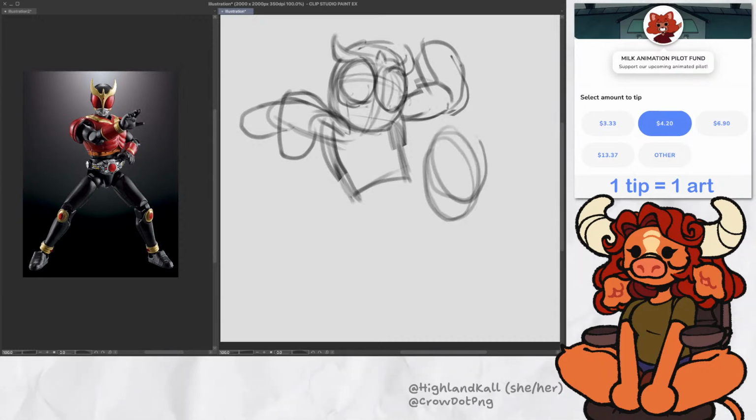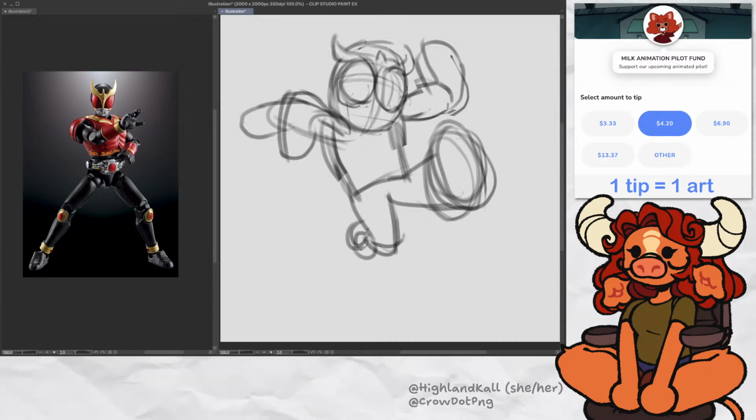Okay, then. I can make this one real small. I'm not quite sure if this pose works, but let's make him angrier. Oh, there we go.